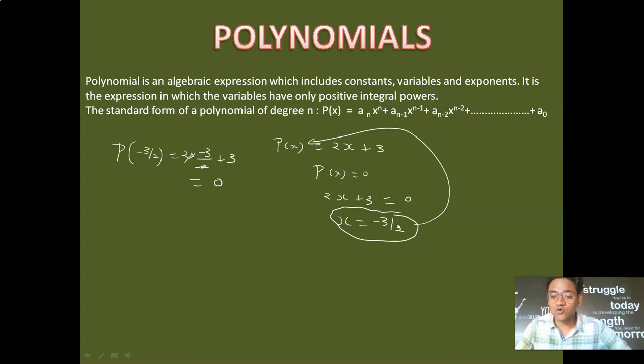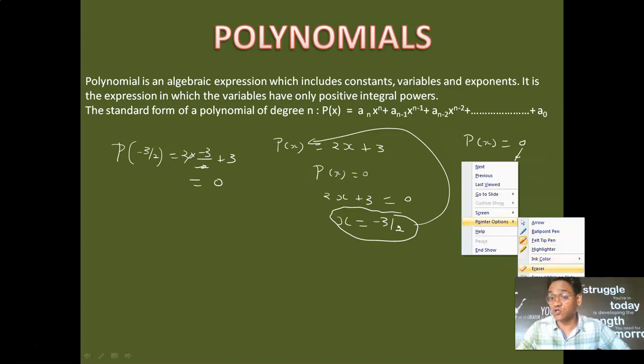Clear, students? So the 0 of a polynomial is the value of x that makes the whole expression, that makes the polynomial equal to 0, or the polynomial into a 0 polynomial. If I have written p(x) is equal to 0, then 0 is also a polynomial known as a special polynomial, a 0 polynomial. The degree of this 0 polynomial is actually undefined. Students, clear? In this way we can understand the zeros of a polynomial.